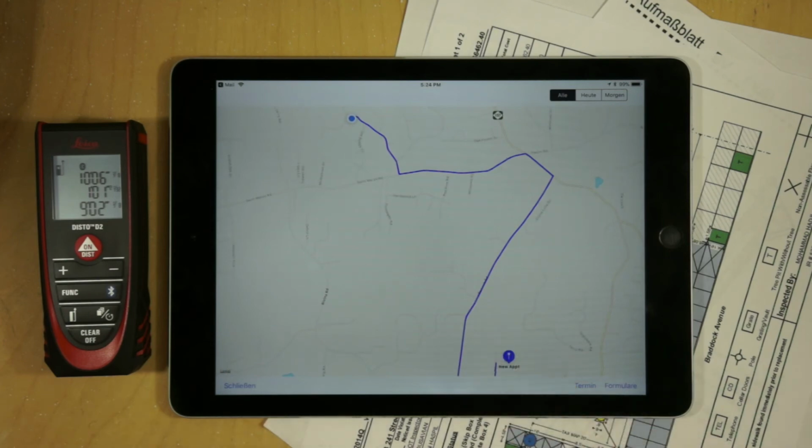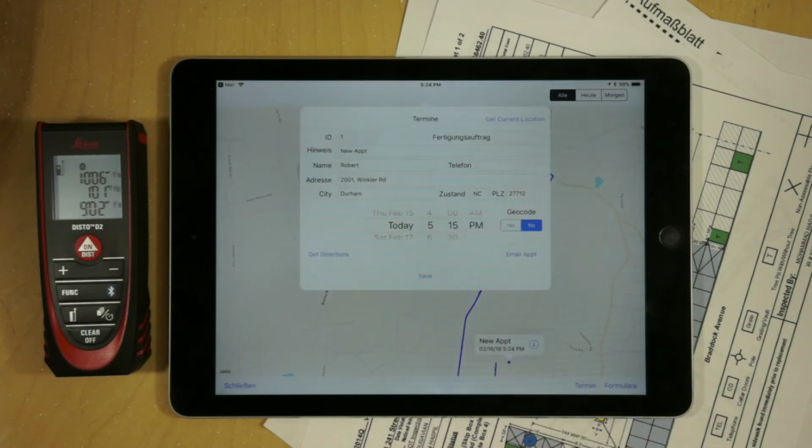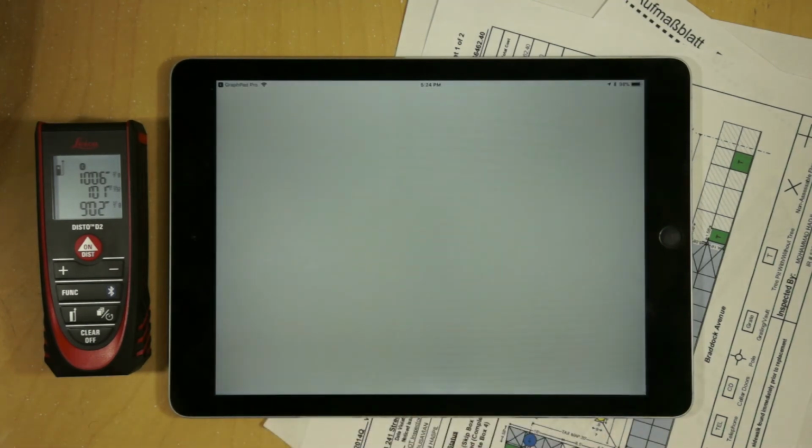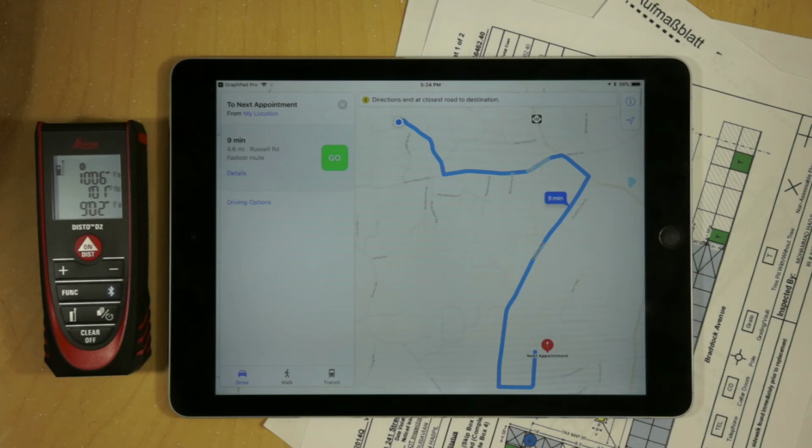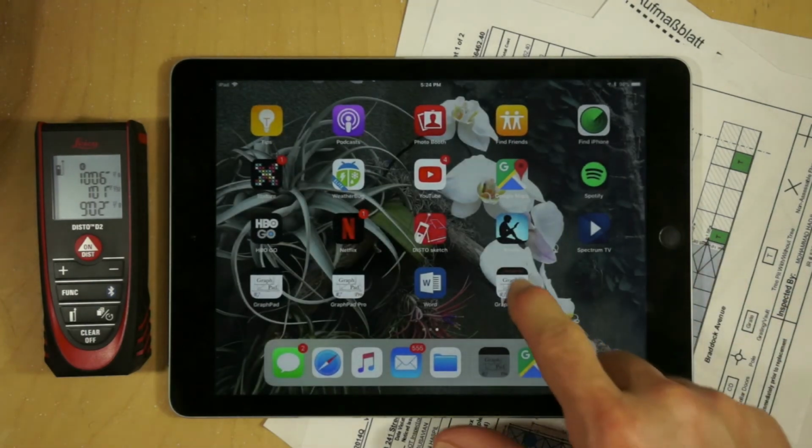Because I'm working with contractors, it's very important that they be able to get turn-by-turn directions. And so if we open that, we can actually go get turn-by-turn directions, and it'll flip over to Apple's Maps, and we can actually just use that. If it's on the phone, it'll give us those turn-by-turn directions. If I go back to GraphPad though,